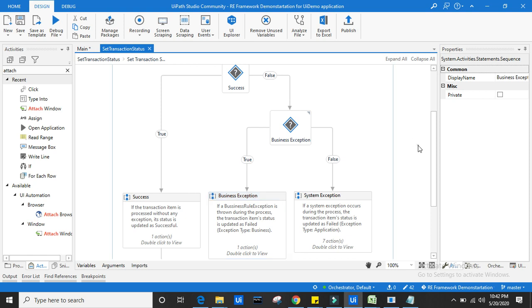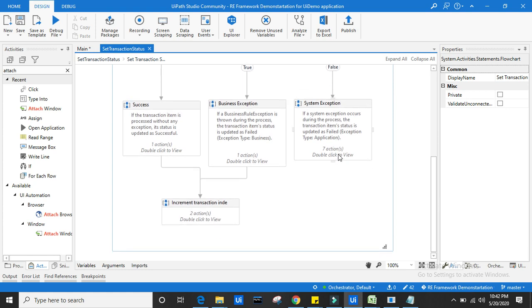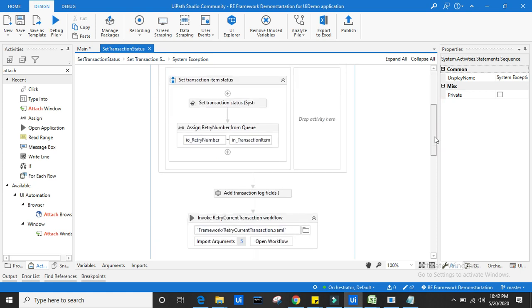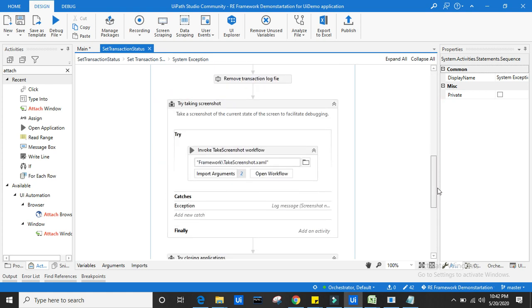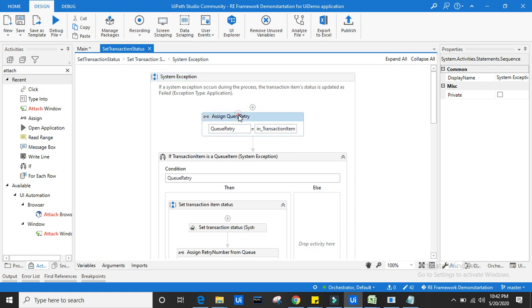Now let me save this. Let's go to system exceptions. Do we have anything here? No, because this is system failure, we are not going to deal with it. And moreover, if the transaction is a queue item, no, we are not dealing with queue items.